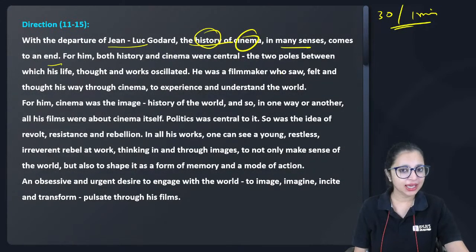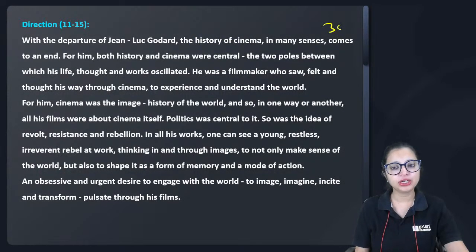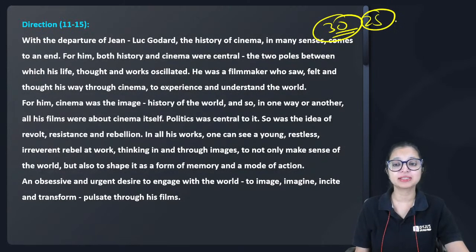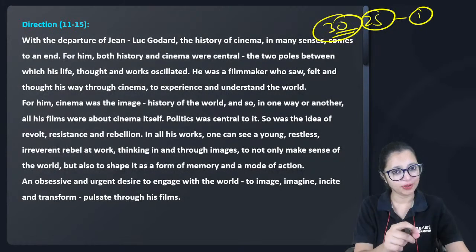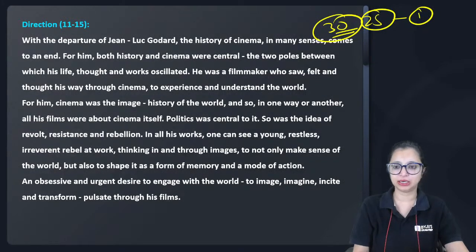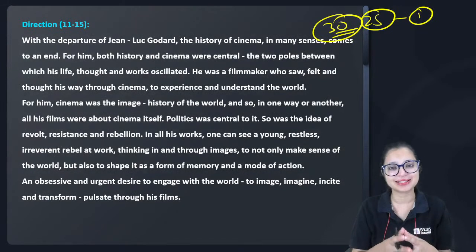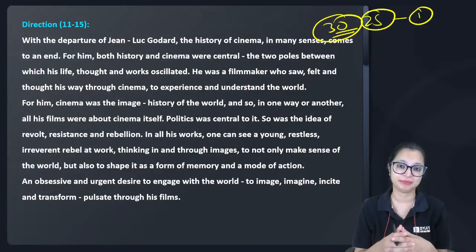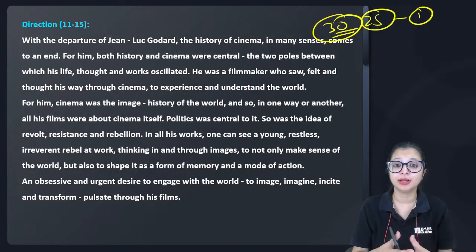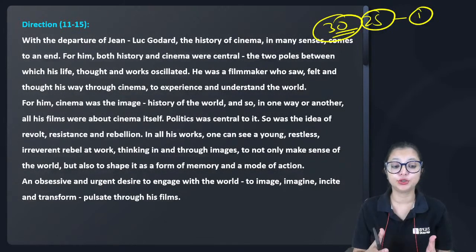ये पूरा सेक्शन इंग्लिश का आप 30 मिनट्स में कर सकते थे एट मैक्स। 25 भी डुएबल है। 25 मिनट्स में से अगर मैं 1 मिनट निकाल के ये देख लूं कि पैसेजेस किस टॉपिक पे हैं, मुझे पहले कौन सा करना है और आखिरी में कौन सा करना है, वो आपको बहुत सारा टाइम और बहुत सारे मार्क्स लाके देगा। नेवर टेक अ पैसेज, नेवर टेक एन एंटायर पेपर इन द ऑर्डर इट इज प्रेजेंटेड टू यू।